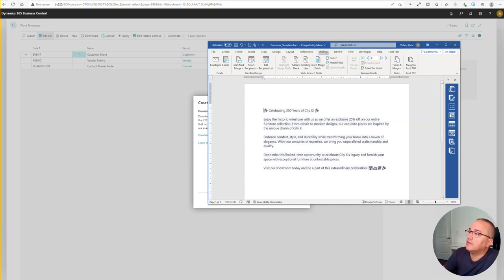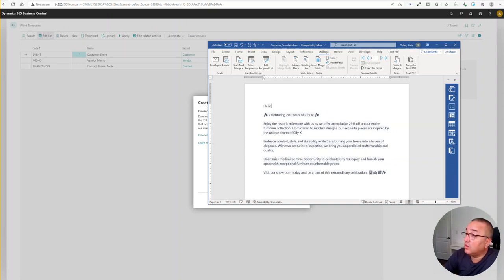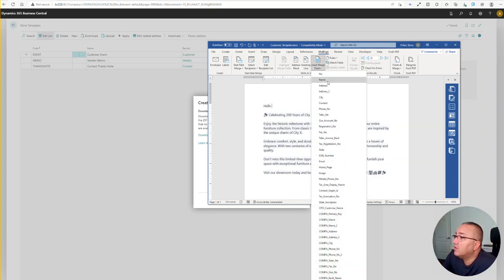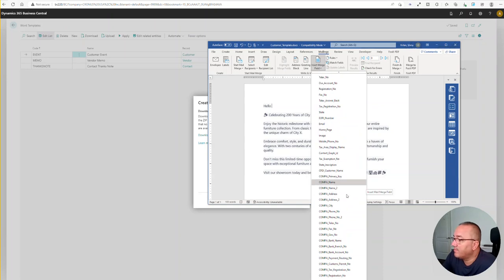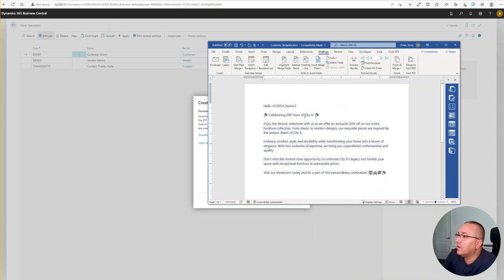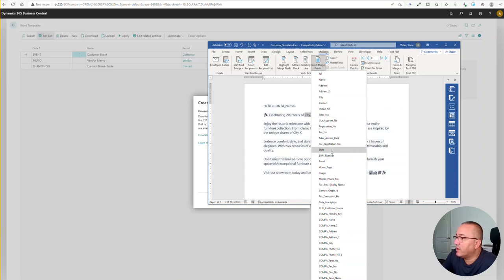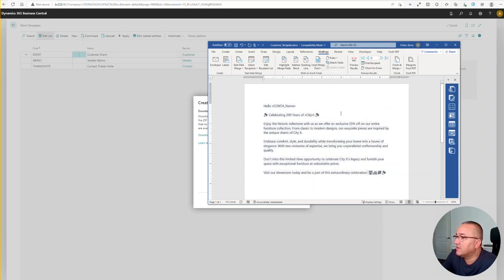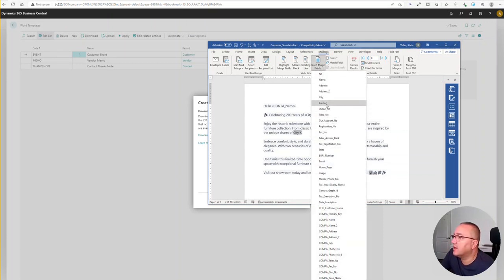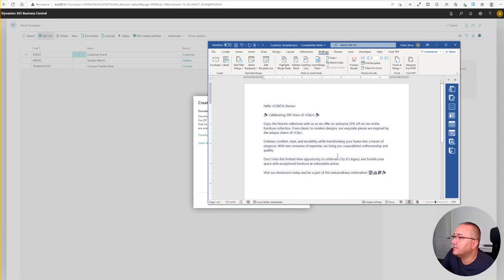Okay, and let's add here hello, and after hello, let's use the contact name. Contact name is here. CTX is actually, I want to use the city from the customer table, and also here let's replace the city again with the city, and also here